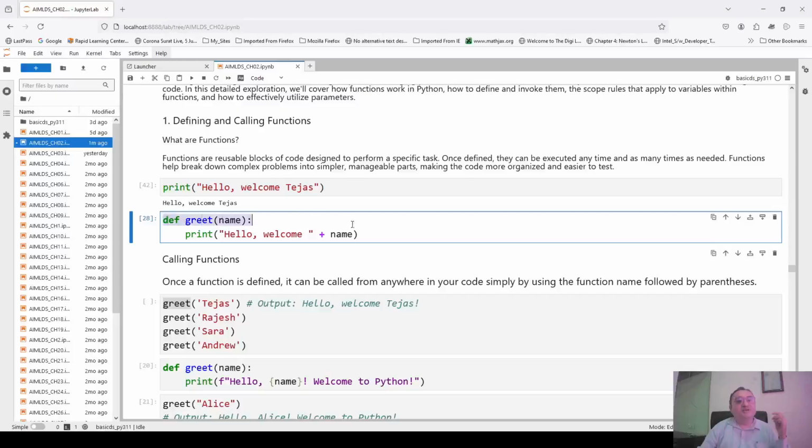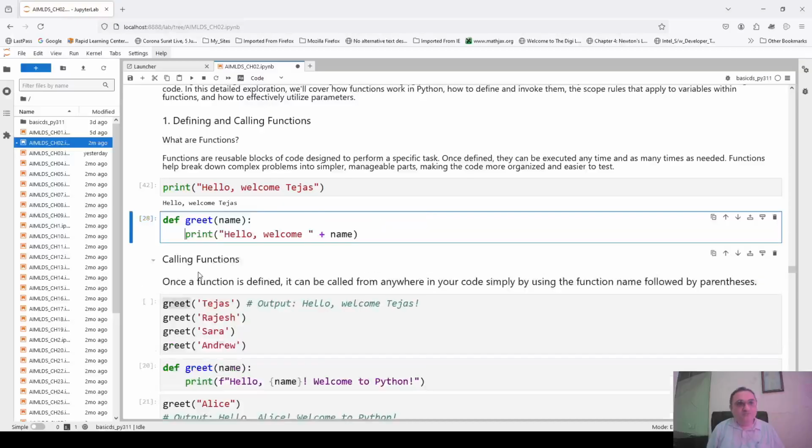Now this is called the function definition. Again, I am saying this is the keyword and it is always def. This is the name of the function, which you can give yourself, but it is better to choose a name which reflects what the function is doing. And here this is the argument. Again, there also you can give any name, but it is better to give some indicative name. The colon symbol is required after every function header. And when you put the colon, for example, let me press that space.